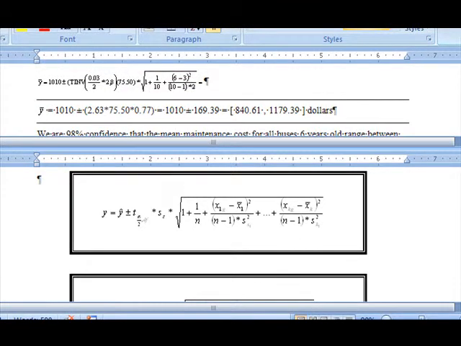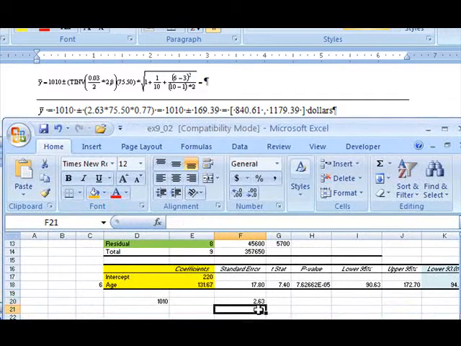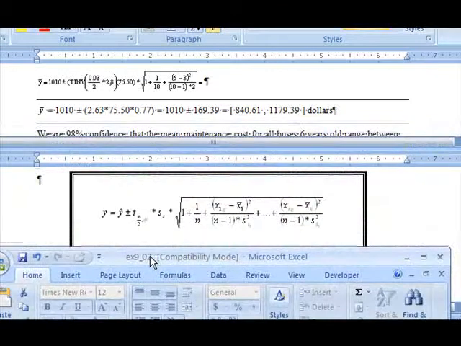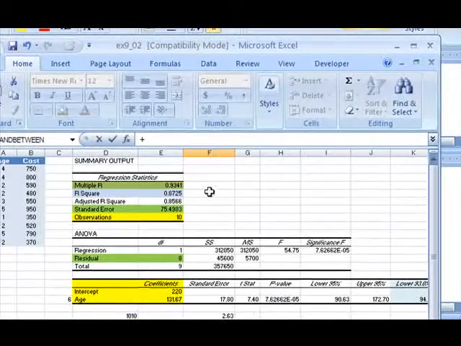See, it's good checking. I might have made some mistakes. And then it's SE. So SE, you get it from here. And then times square root of 1,